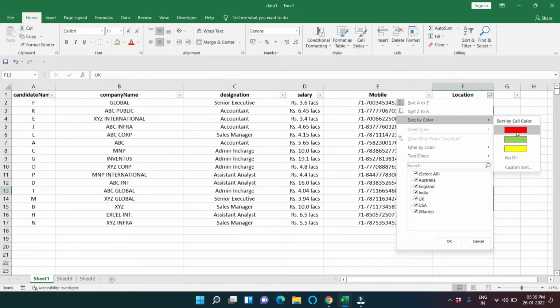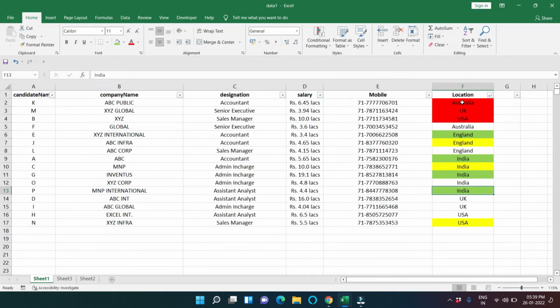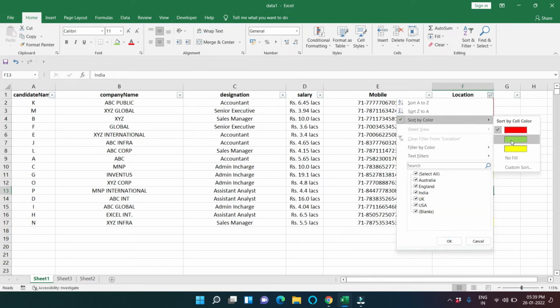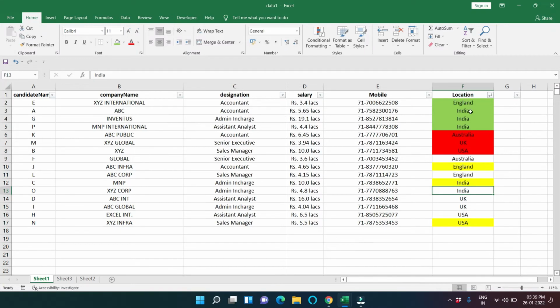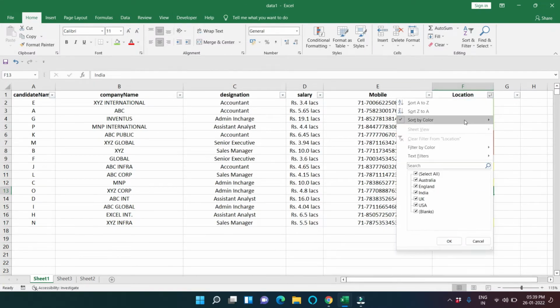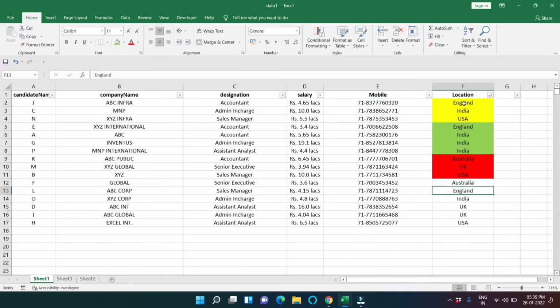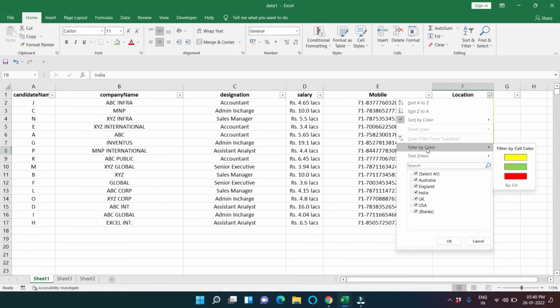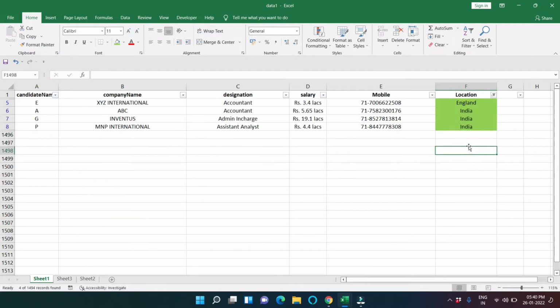If I click on red, my data which is red in color will be sorted out. If I click green, my data in green color will be sorted out. And if I press yellow, my data in yellow color will be sorted out. Now if I want to filter by color and I press green, only data which is green in color will be filtered out.